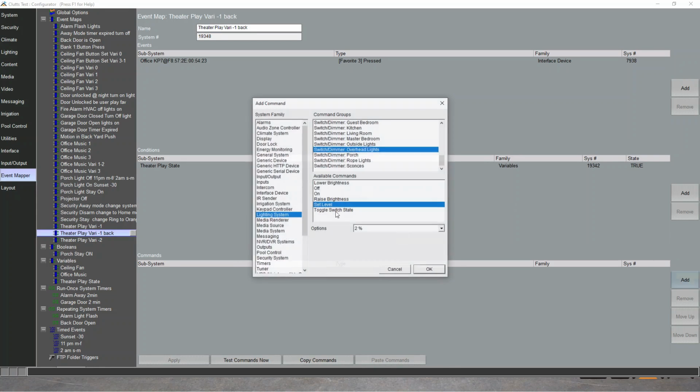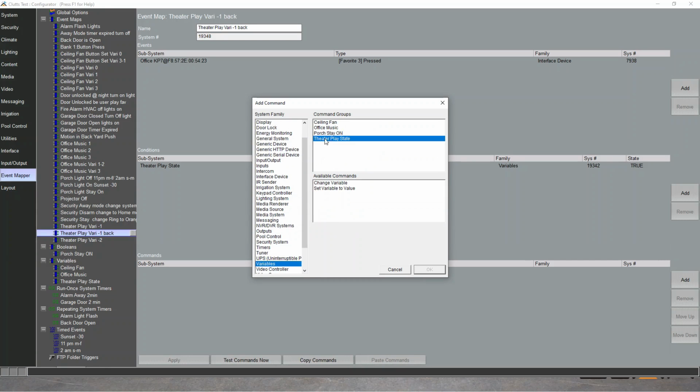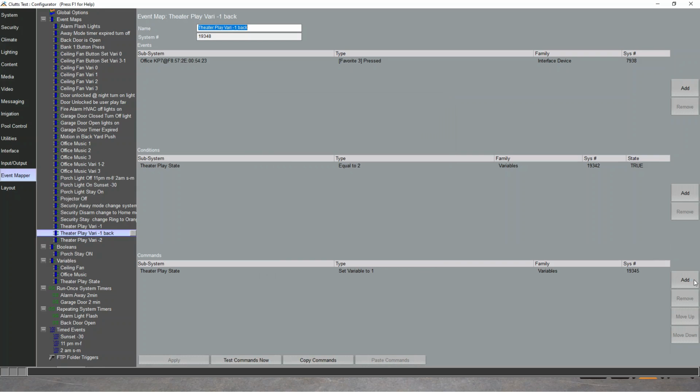And what do we want to do here? We want to set the variable back to 1. So in this case, we could do change variable and subtract 1, or we can just set the variable to 1. When you set the variable to 1,